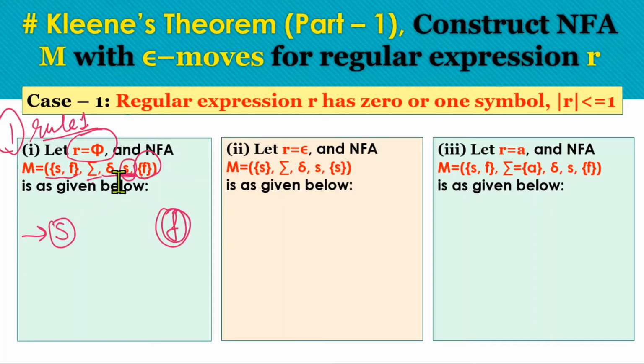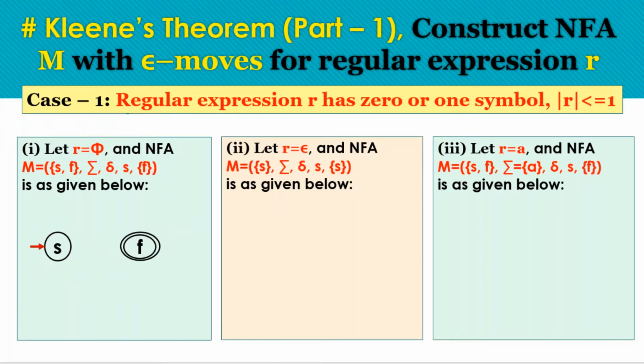Meaning, for the first expression of case 1, if we have no input symbol, not even null, we cannot reach the final state from the initial state, as no path is defined. Or we can say that there is no language of this machine, so we need not prove anything because the language is phi, nothing. So this is the final NFA for this given regular expression.